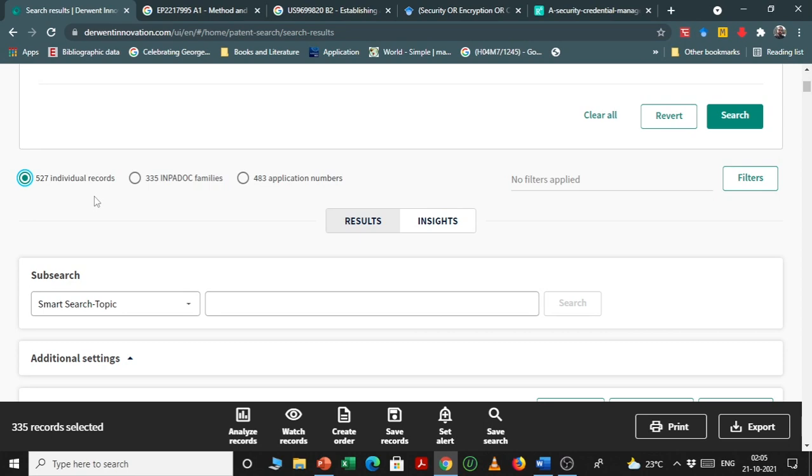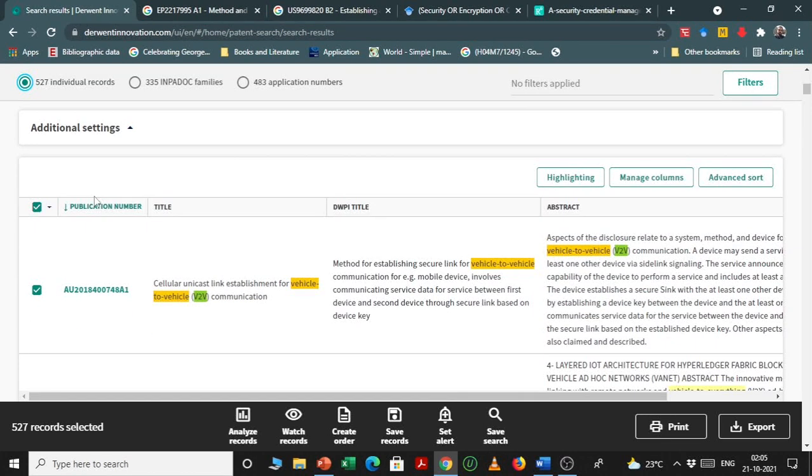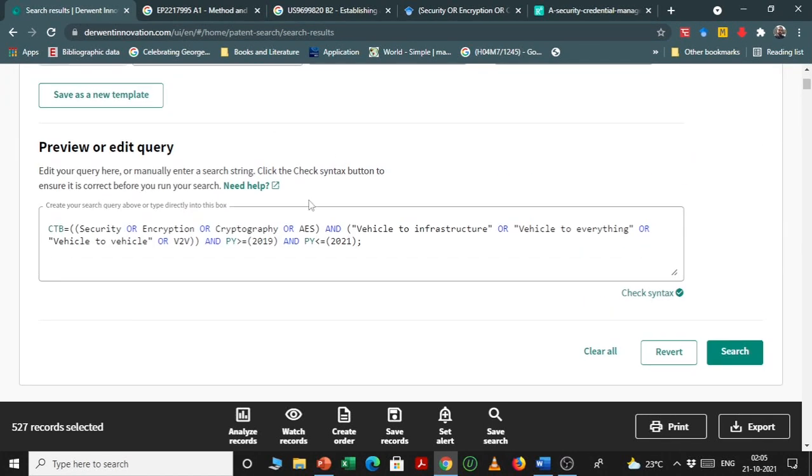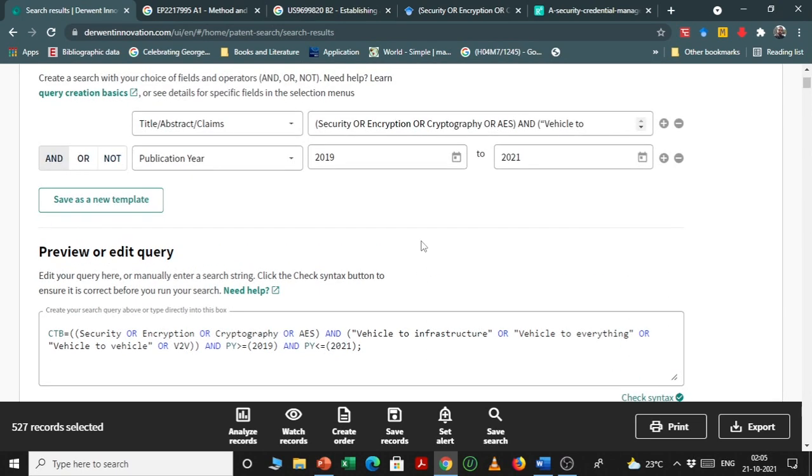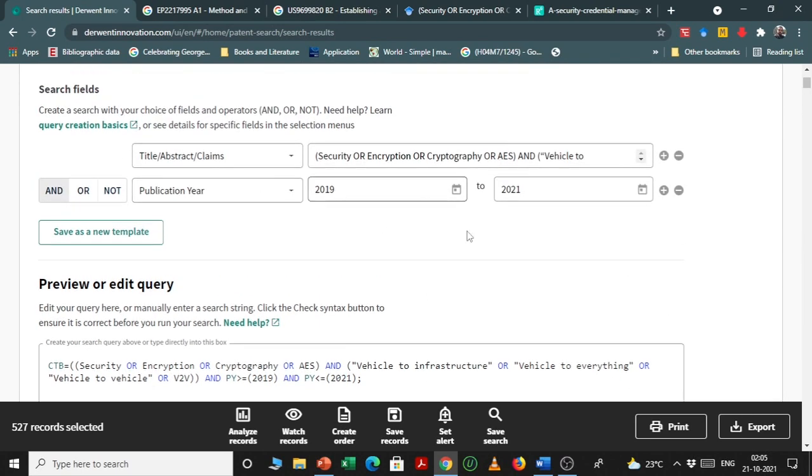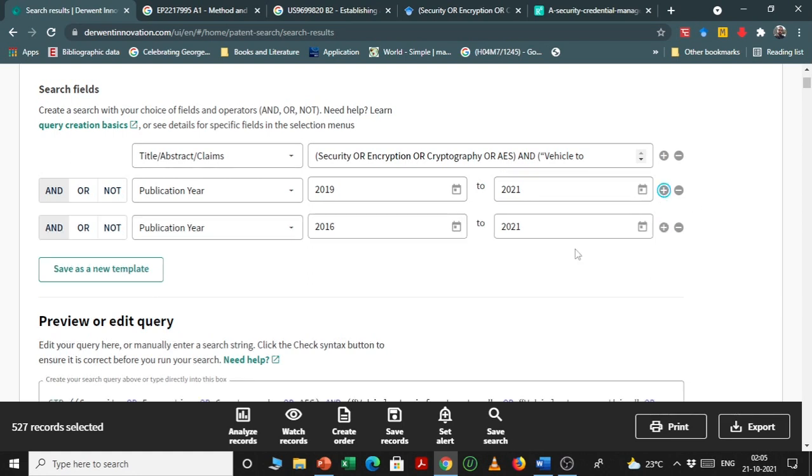So it's a very hot field. We can get that idea here. This is the example where we have shown you how to use the filters. And let's say you want to use another filter where you want to see